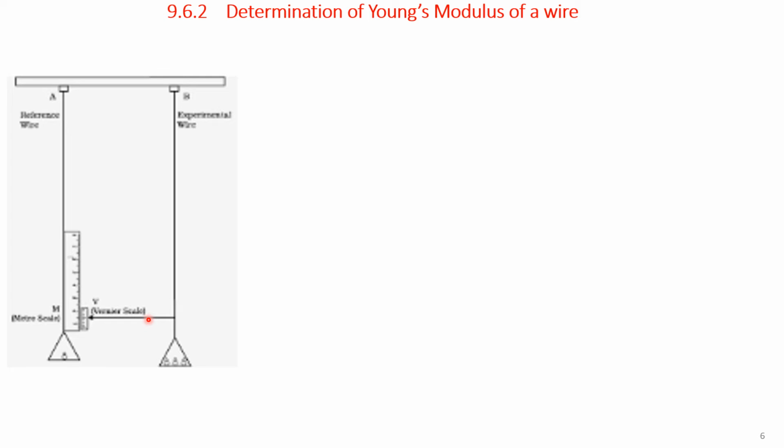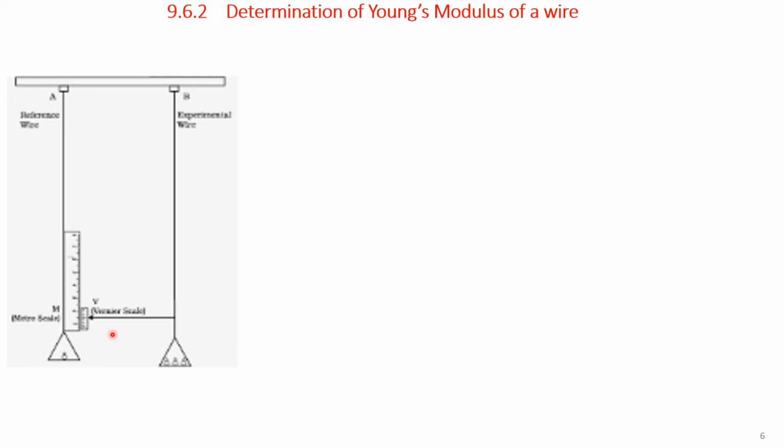The main scale M is fixed to the reference wire A, and the weight placed in the pan exerts a downward force and sets the experimental wire under tensile stress. The elongation of the wire, that is, the increase in length, is measured by the vernier arrangement. The reference wire is used to compensate for any change in length that may occur due to change in room temperature, since the change in length of the reference wire due to temperature change will be accompanied by an equal change